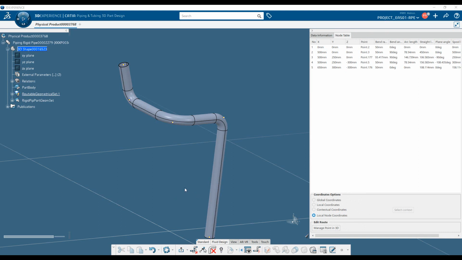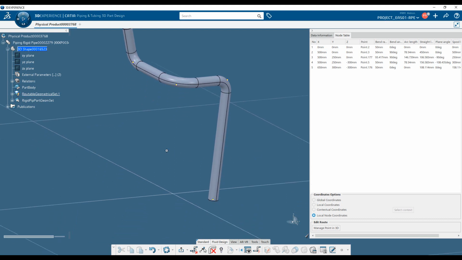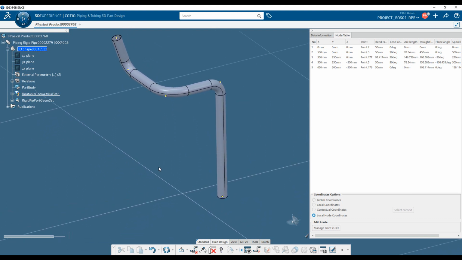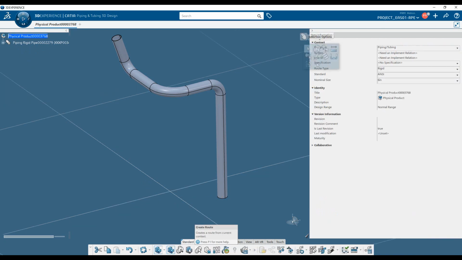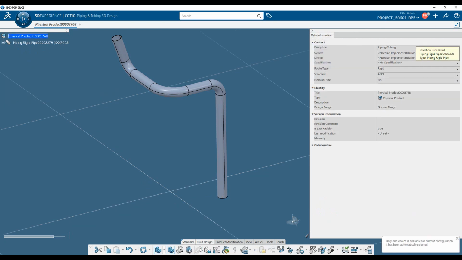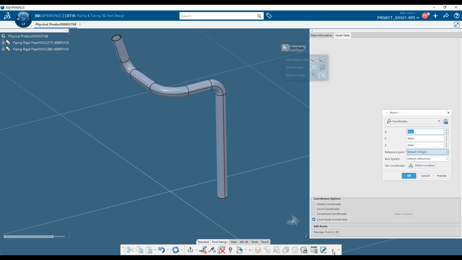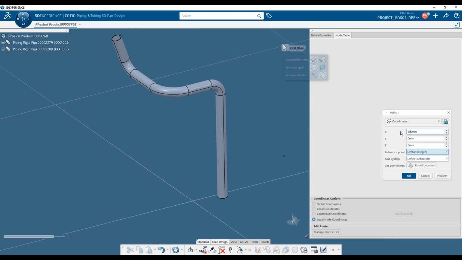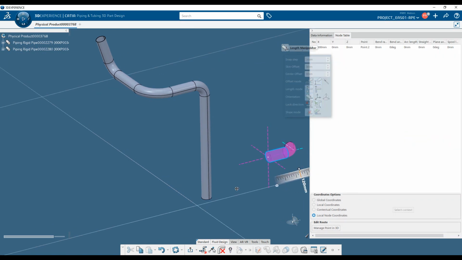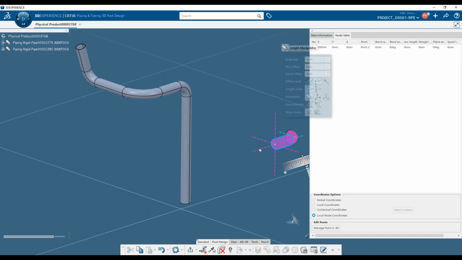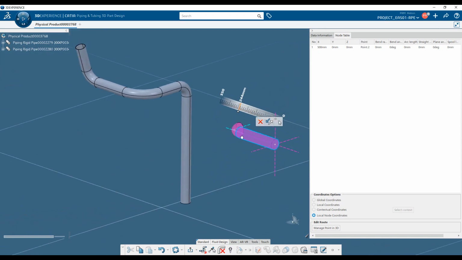So we have seen the basic functions to create a tube in free space. Let's see now some additional commands that allow you to create a tube in the context of existing geometry. So I'm going to start by the creation of a new pipe. I'm going to create a new point in this location. So let's start from here, from this point, and we start by creating a first segment